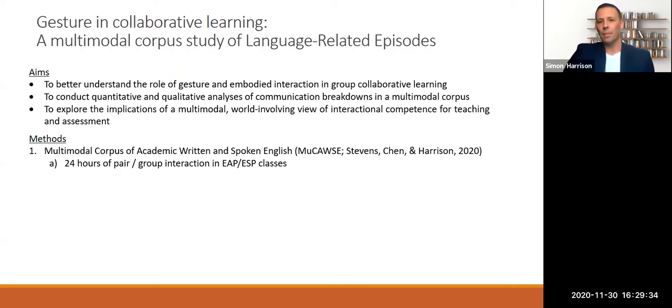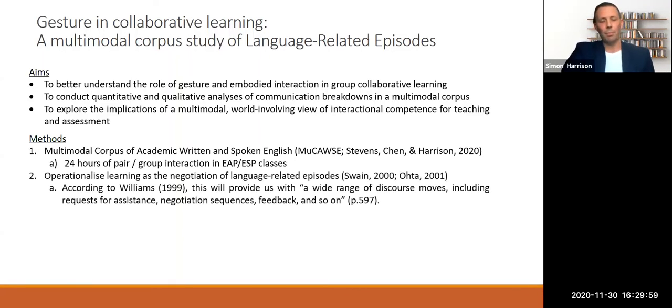The data that we're using comes from the multimodal corpus of academic written and spoken English, or MUCORS, and the meta paper there, written by Mike Stevens and Yuhua Chen and myself, will be available very soon. We've just submitted the proofs for that, so it should be coming out. And you'll read in that paper that the multimodal corpus has approximately 24 hours of naturally occurring paired and group interaction in the English for academic purposes and specific purposes, pre-sessional and preliminary year classes at a British University